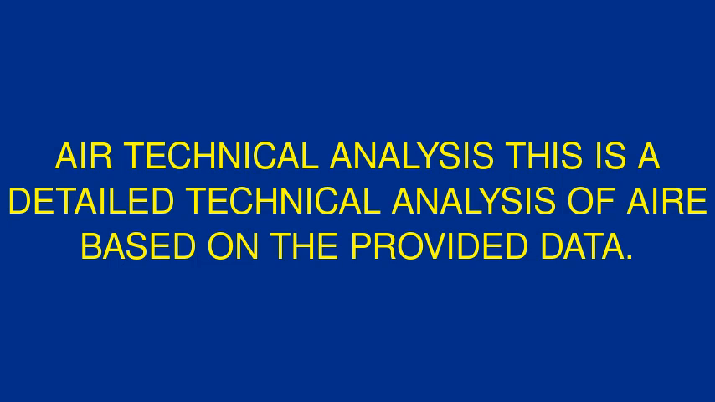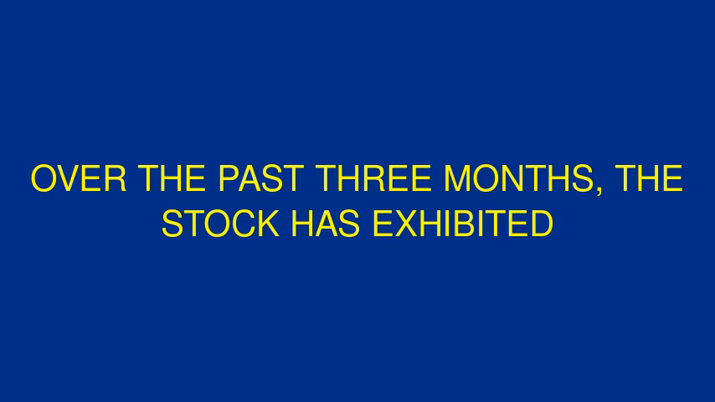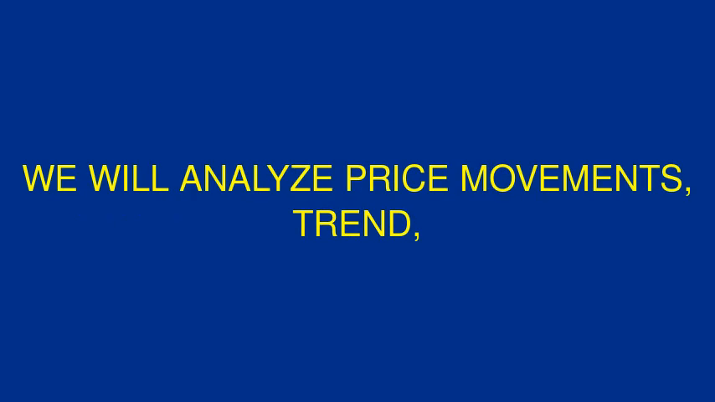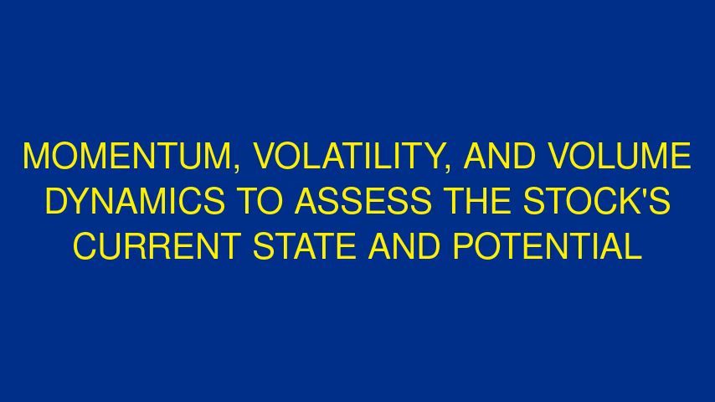Technical analysis. This is a detailed technical analysis of AIRE based on the provided data. The last closing price was 0.28. Over the past 3 months, the stock has exhibited a volatile downward trajectory, falling from 0.6879 on April 7 to a recent low of 0.2745 on July 3, with the current price at 0.28. We will analyze price movements, trend, momentum, volatility, and volume dynamics to assess the stock's current state and potential future